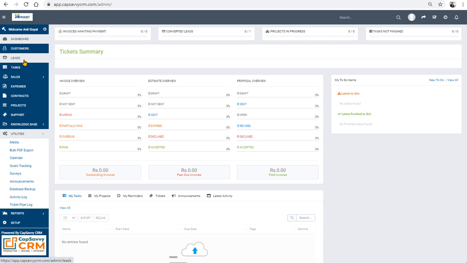Now suppose in your company you are not using the word leads, but you are using the word prospects. So you can change this name also from leads to prospects. How do we do that? We'll see that. Similarly, there are multiple sections available, and if you want to see that ticket pipe is more